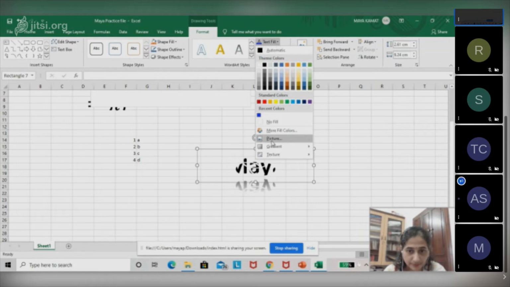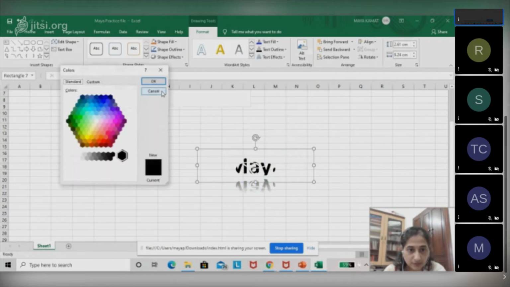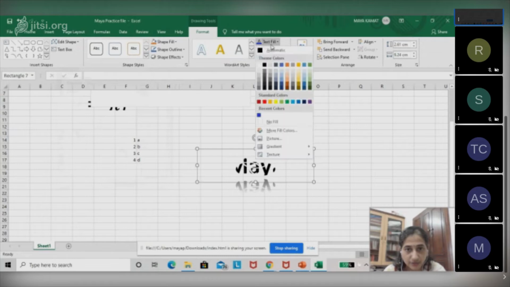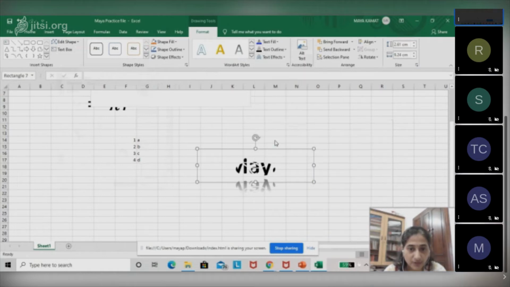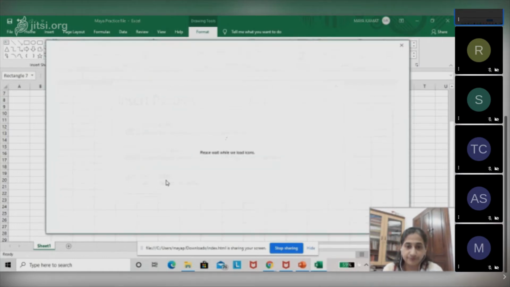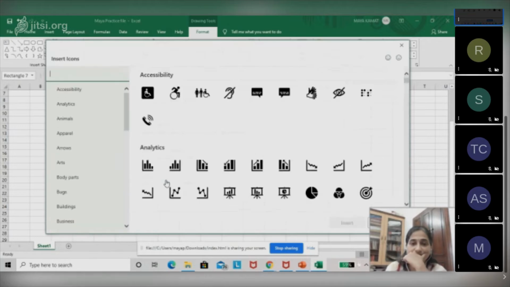Just notice this. Yes. In text fill, this is a simple color change, but you can also give a text fill with gradient or texture. Just now what we had chosen was a picture, and we chose an icon. So I'm changing it now. My name will come as per this icon, or maybe I'll choose this one.